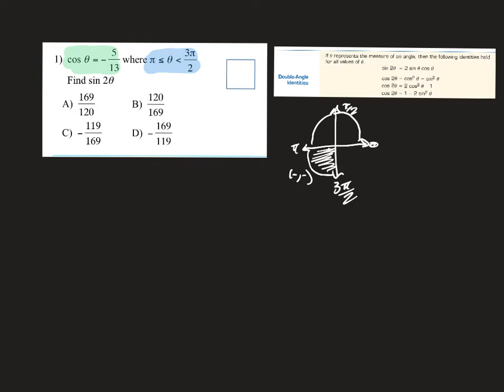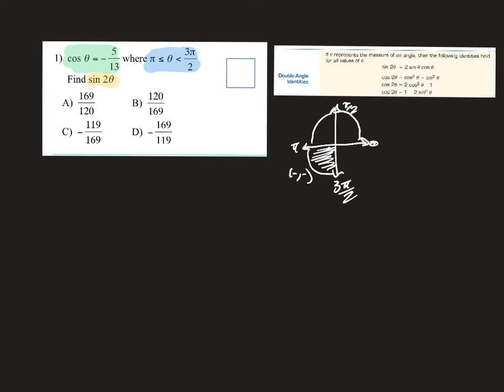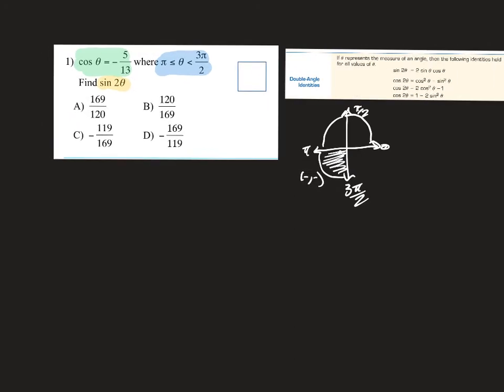Now, why do we need the sine value, you might be thinking? Well, because we are asked to find the sine of 2 theta. Let's try the highlighter here. Sine of 2 theta, that's what we're looking for. In order to do that, we need to go over to our identity and find out what the sine of 2 theta equals. The sine of 2 theta